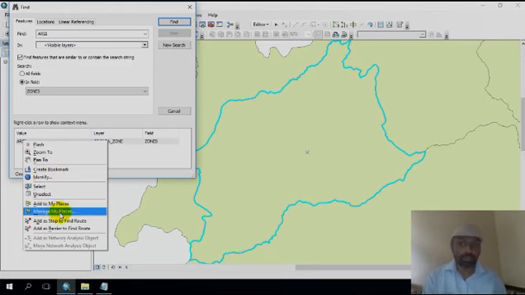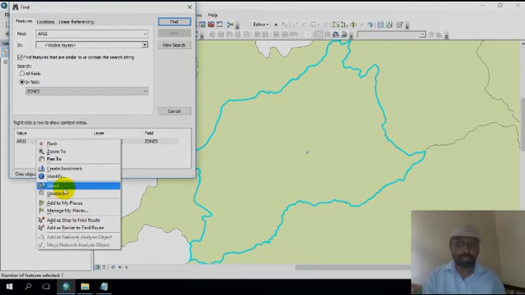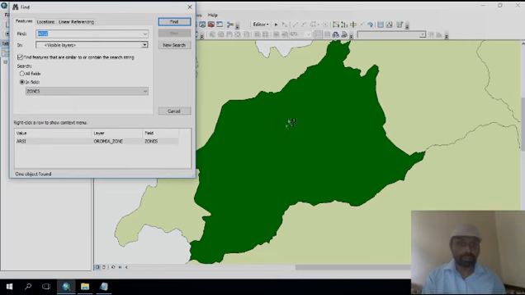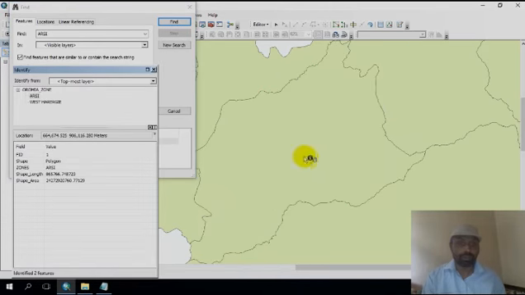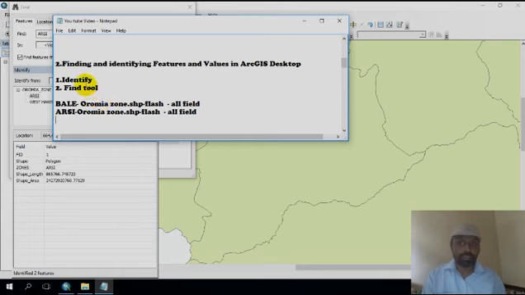Then if you want to select, you can select it, or unselect, it will automatically unselect in the particular area. Like this, suppose you want to use the pan, you can use the pan. Okay, like this, that is how we use the identify and